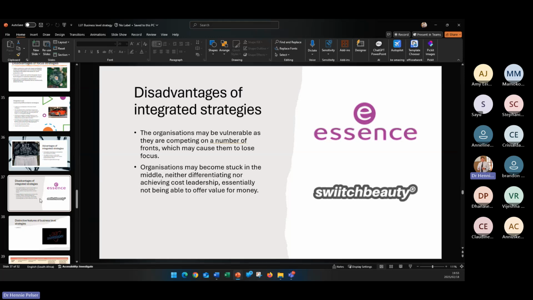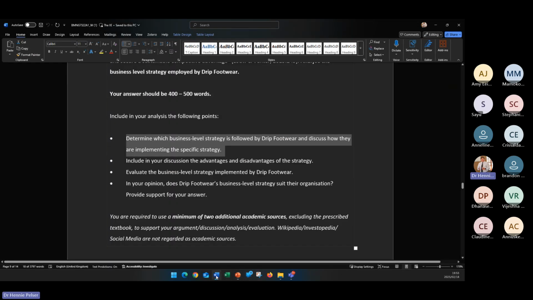To also just say, guys, at this level, we expect that you blend theory with application. So you want to give me some substance in terms of the theory, and then you want to make the theory come to life with specific examples from the case study. So that is the first one.